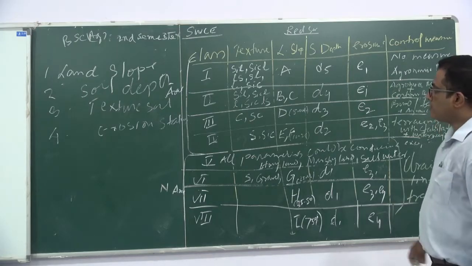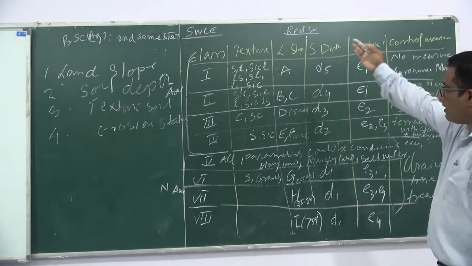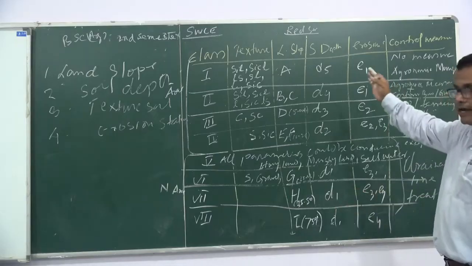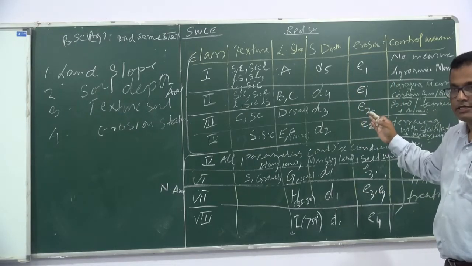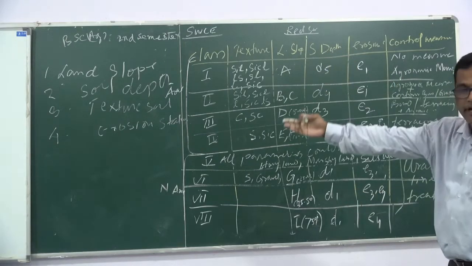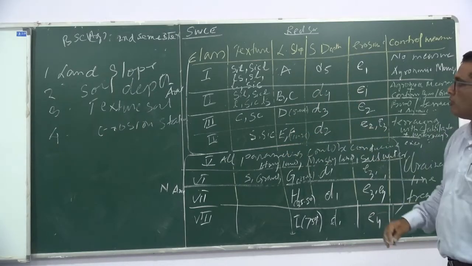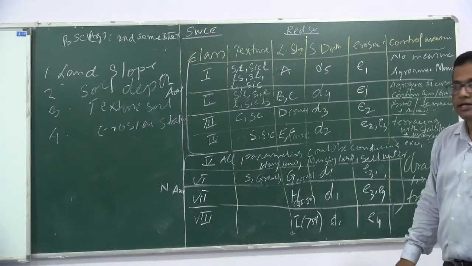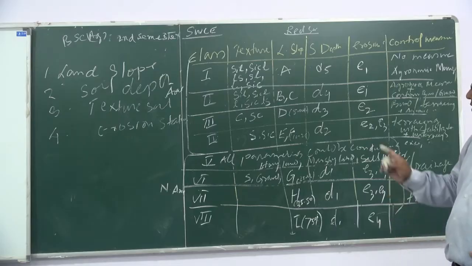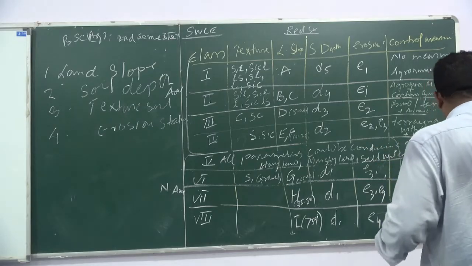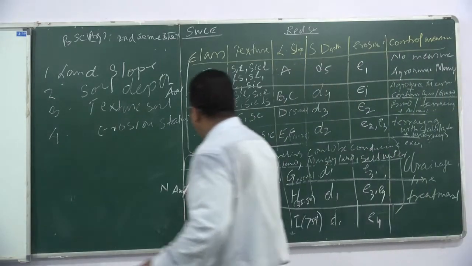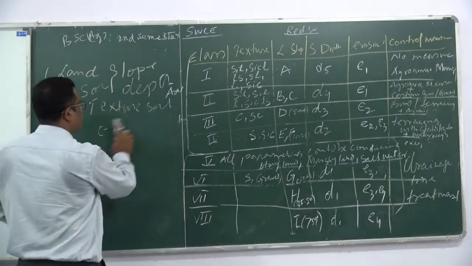Right. So this is how we classify all this land according to its classification, according to the main parameters of land slope, soil depth, texture as well as erosion status. Let's do one exercise. Keeping this table intact,